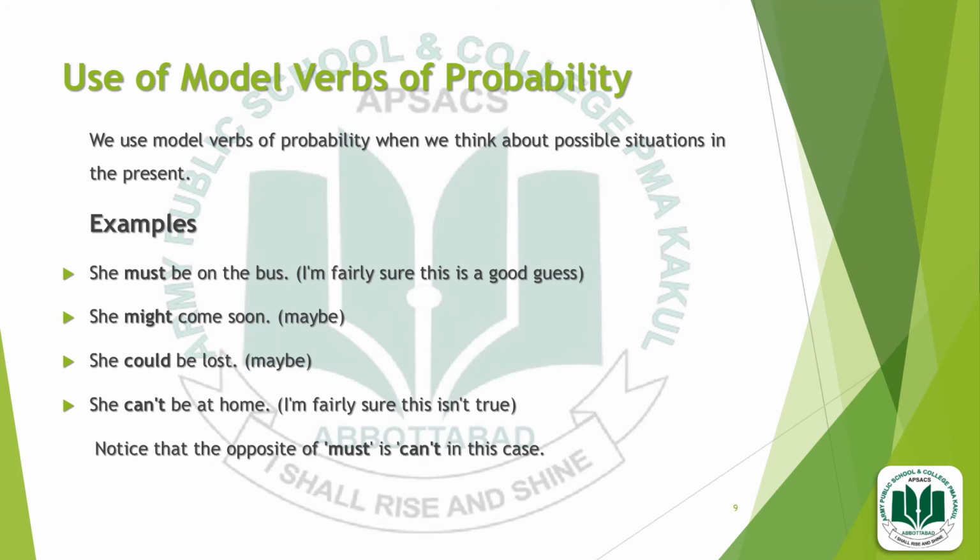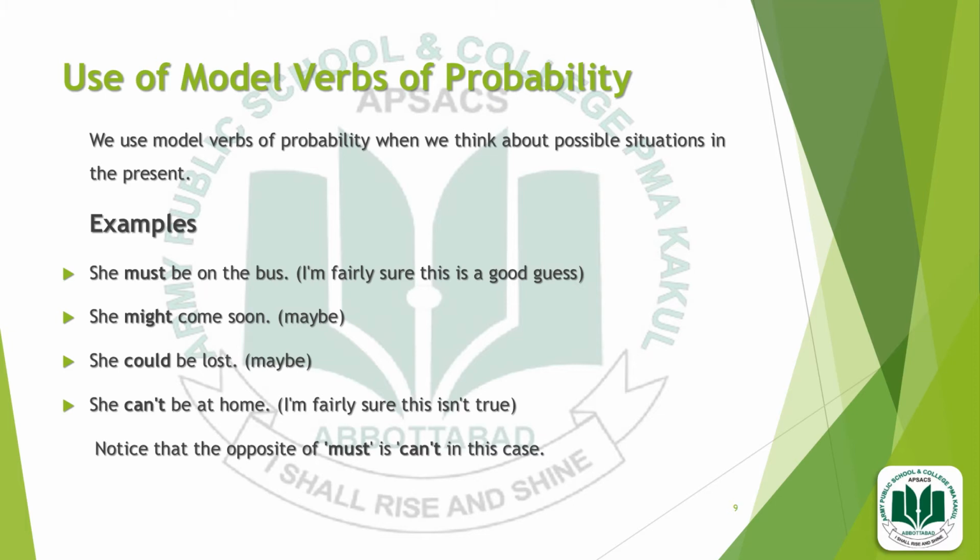Now, it is a time to be more focused to know about the use of modal verbs of probability. We use modal verbs of probability when we think about possible situations in the present. For example, she must be on the bus. When we are fairly sure about the present situation, we use must. Now let's see in the next example,